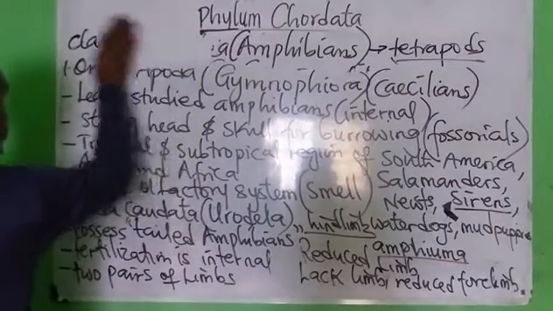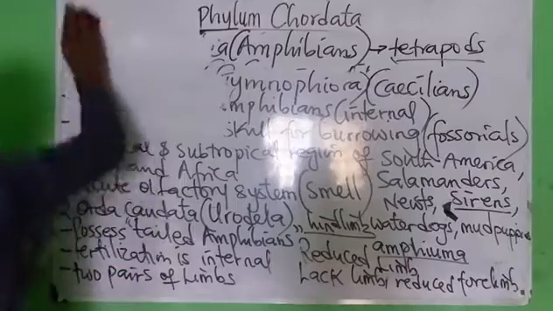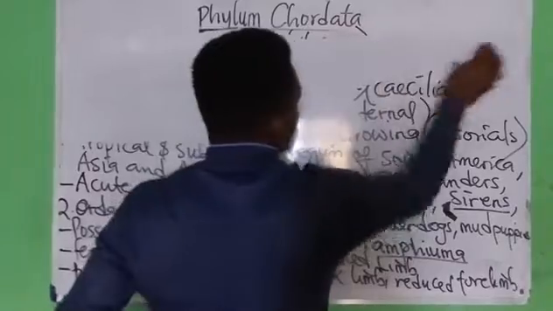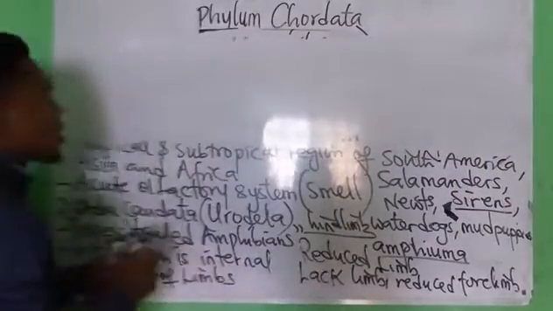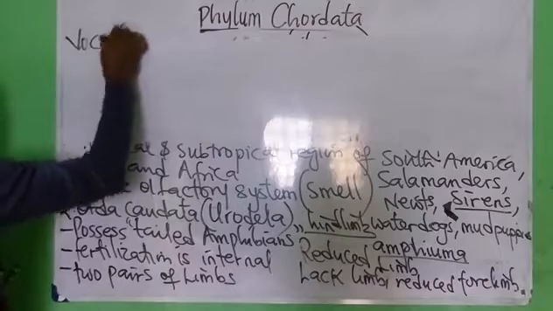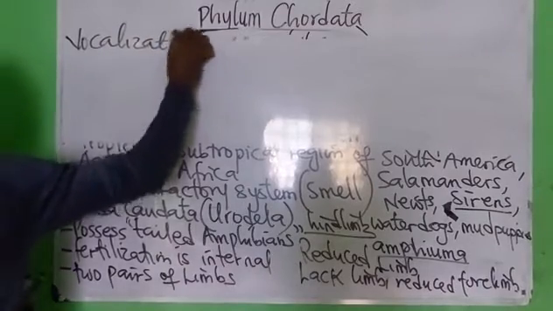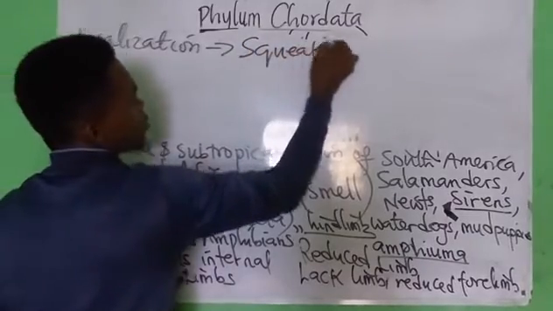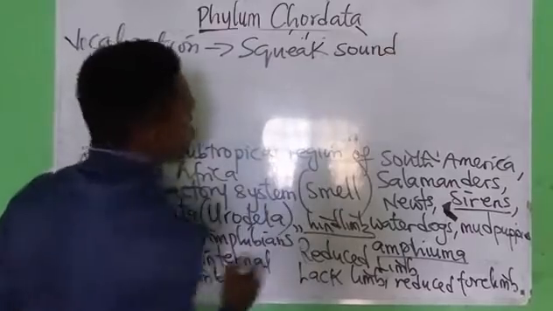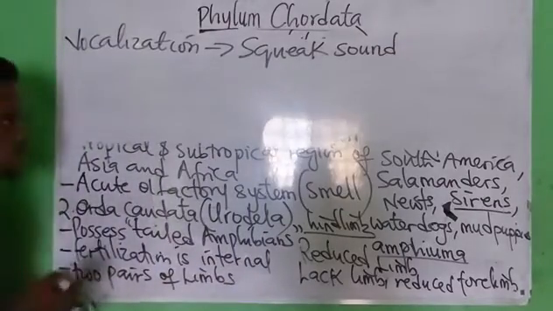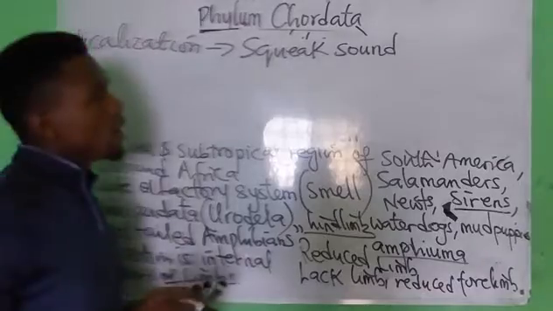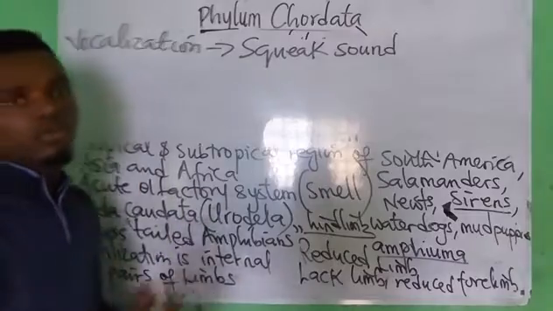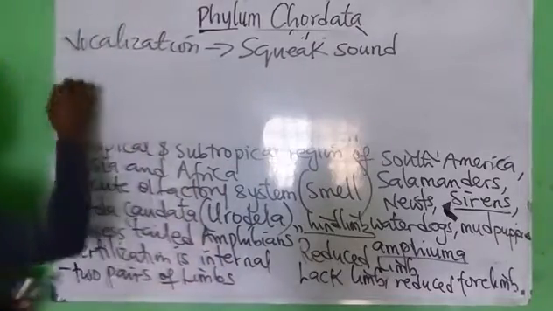On a general note, chordates do not have the ability to exhibit vocalization. All right, vocalization. They don't have the ability to make what is called a squeak sound. All right, squeaking. Now, however, there is a species under the chordates that has the ability to produce sound when disturbed. Example of this organism is the